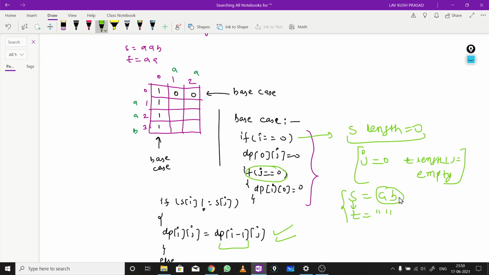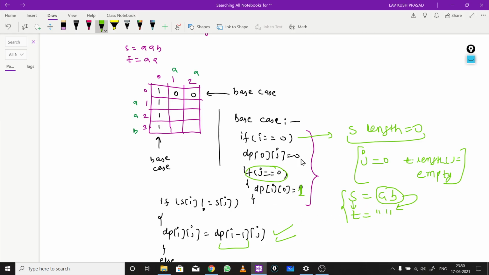We can just delete whatever characters are in s, and it will simply convert to t. So here it is not 0, it is 1, because in this section, if j is equal to 0, meaning t is empty, we can change s to t by using deletion.